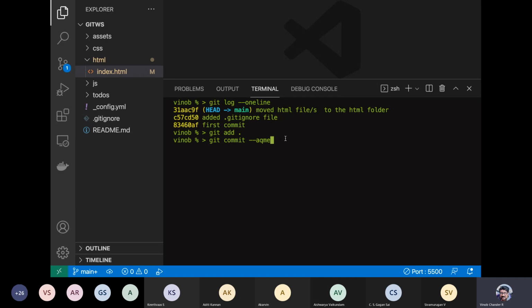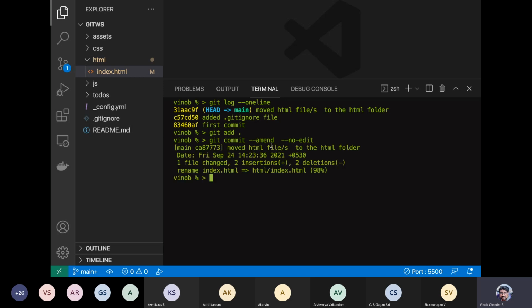So we can do an amend. You can do an amend. This time let us do it with -a, and either you can give a message name, or you can say --no-edit if you want to retain the same message name.